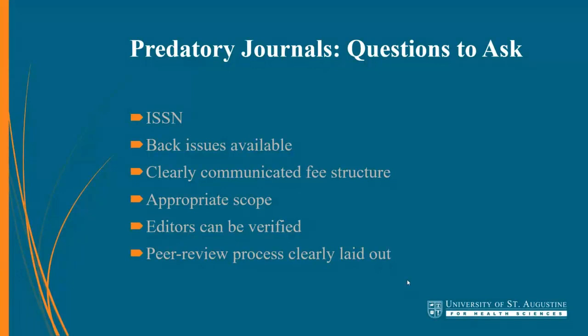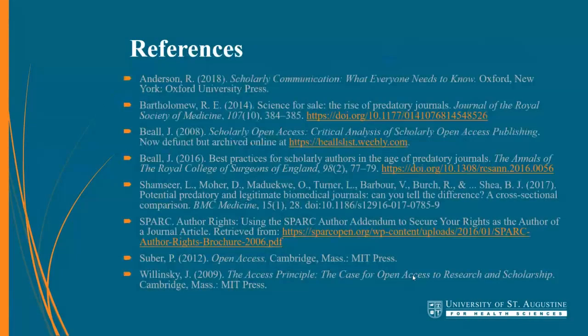Because these things are just mass volume driven, they may be publishing an article on high energy physics next to an article on molecular biology. Most journals have a scope for a reason, because they're catering to an audience. Certainly there are interdisciplinary journals that have a broader scope or crossover between fields. But if you're skimming the contents of these things and they're really, really wide-ranging or seem to have nothing to do with each other, that's a pretty big red flag.